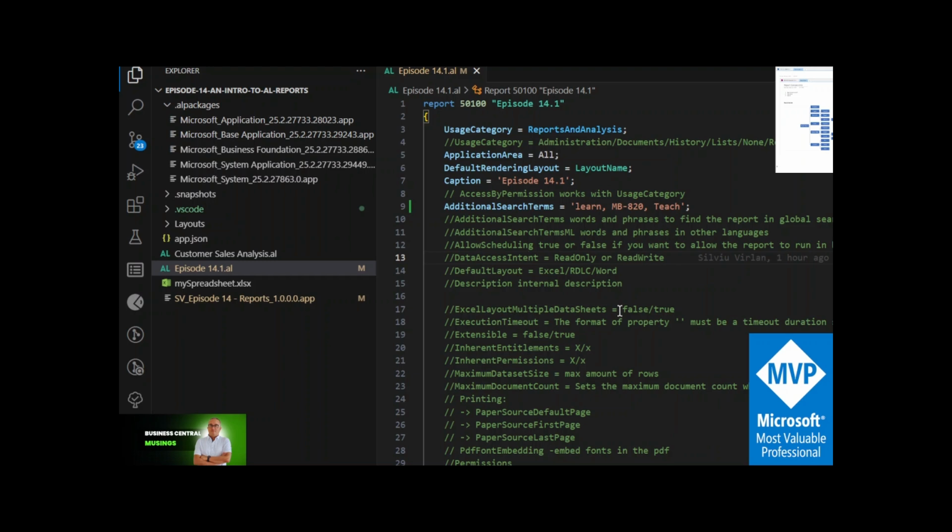So SQL Server can use a copy of the database with data access intent read-only. Read-write is just the default value for data access intent,